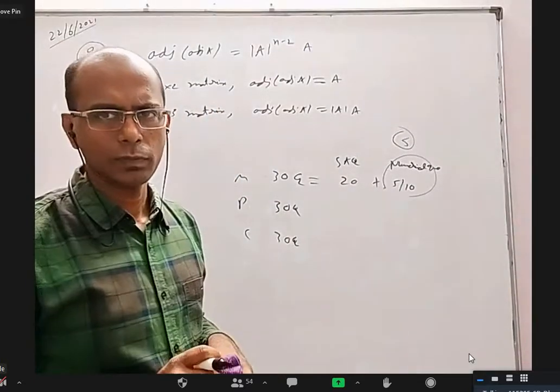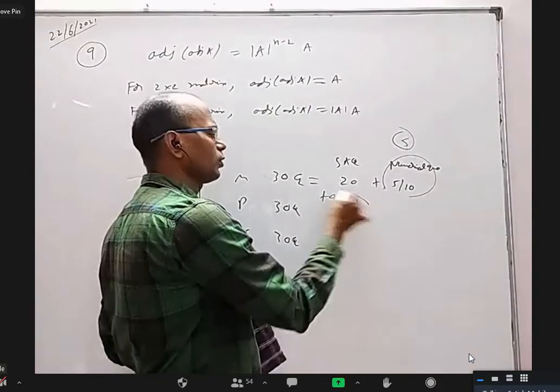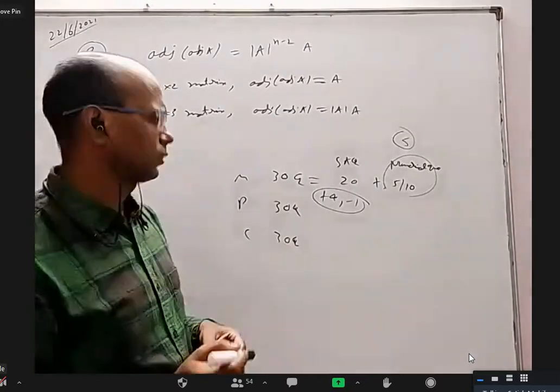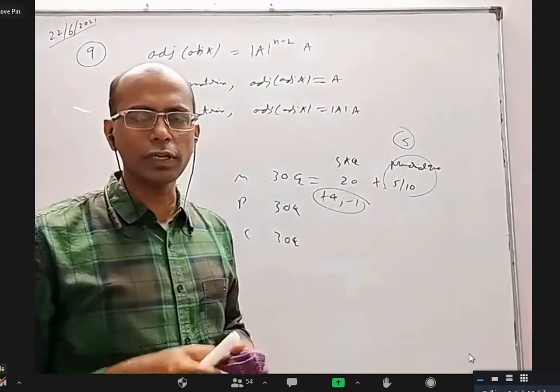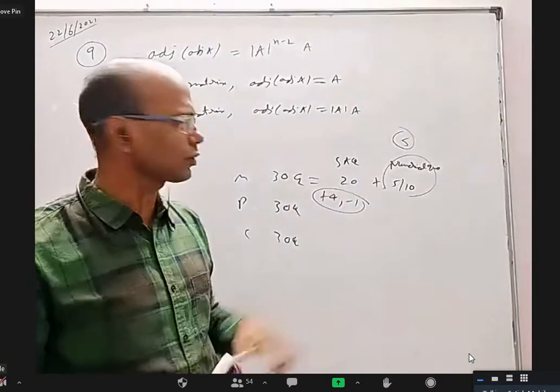Sir, what about the marks for the 20 single answer questions? That type will be plus 4, minus 1. So all the questions are compulsory in these 20 questions? Yeah. If you don't attempt anything, you'll get 0. If you attempt and it's correct, 4 marks. And if you attempt and it is wrong, you'll get minus 1.